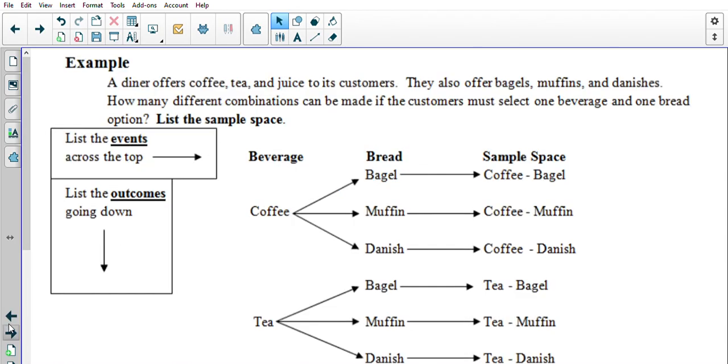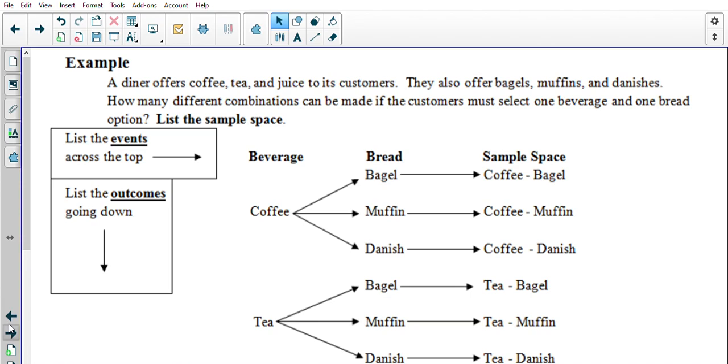So there is an example typed up for you here, and it says a diner offers coffee, tea, and juice to its customers. They also offer bagels, muffins, and danishes. How many different combinations can be made if the customers must select one beverage and one bread option, and then list the sample space? So the first thing I always do is I list the events across the top,